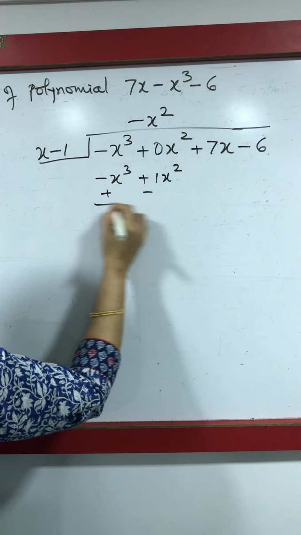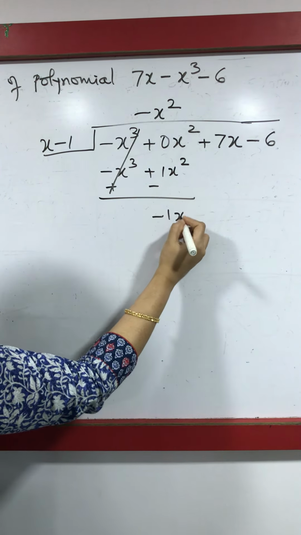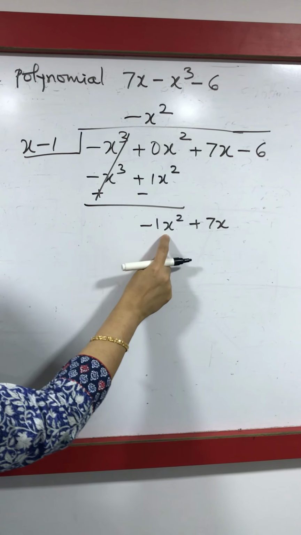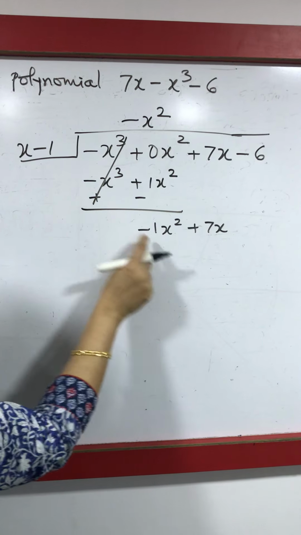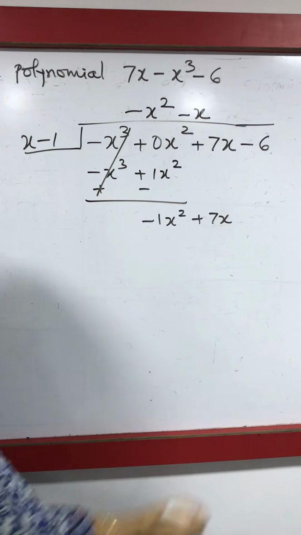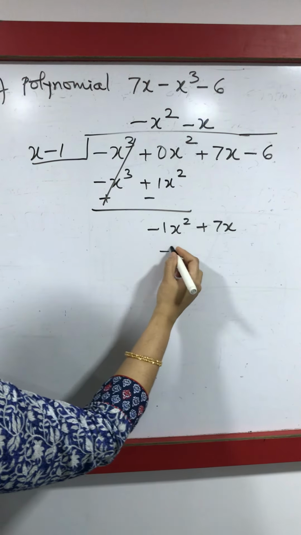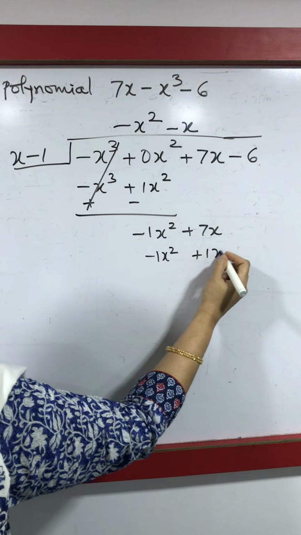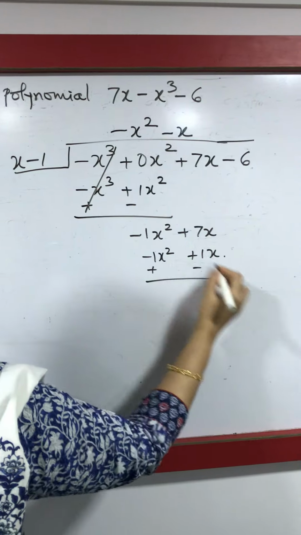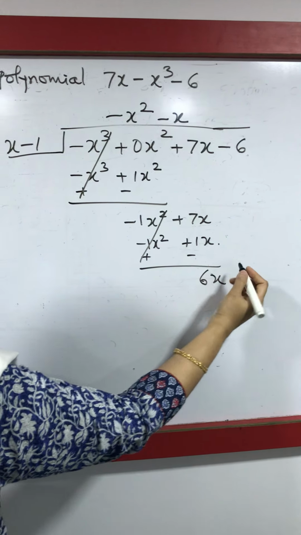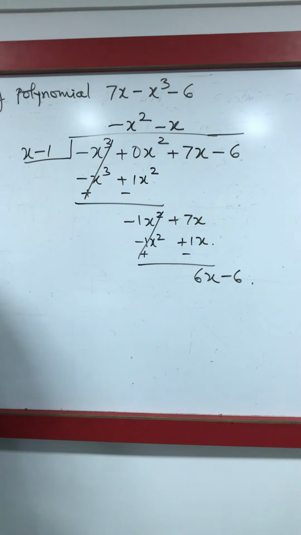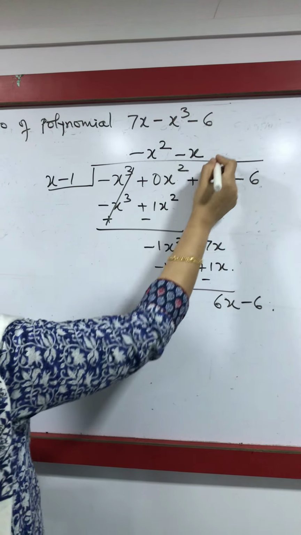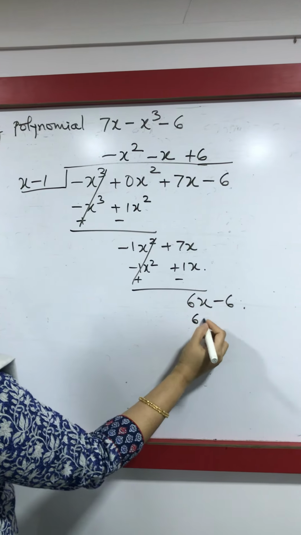We change sign, this will cancel, negative 1x square plus 7x. To find the next term, we divide these values and we'll get minus x. So that's minus 1x square, negative into negative, positive 1x. Change sign, this is 6x, and we bring 6 down. The last term of the quotient will be 6x divided by x, which is 6. So we have